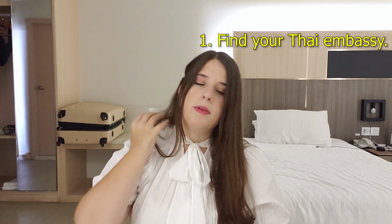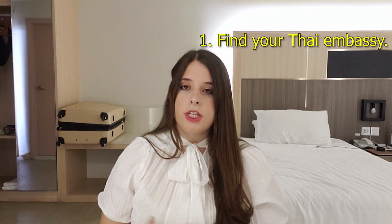So the first thing you should definitely do is to find out who your embassy is. I'm from South Carolina, so I was able to use the DC embassy, which conveniently has the online application form to submit for the certificate of entry and for the non-immigrant B visa. I believe LA is the other embassy that has this ability. My recommendation is to try to somehow find a way to go through one of these sites or one of these embassies that allows you to upload all of your documents online,